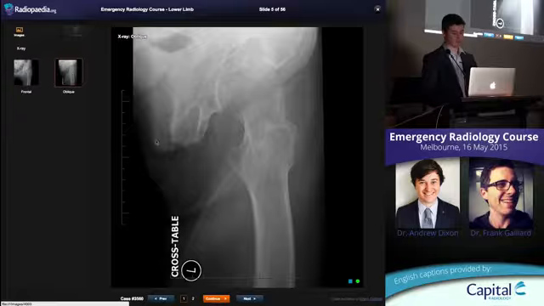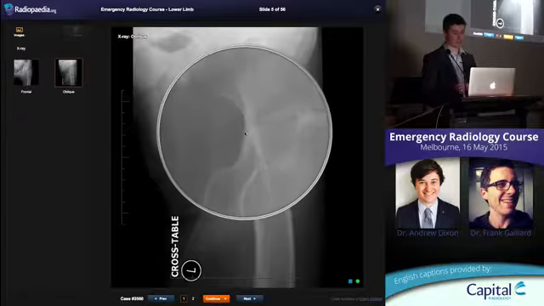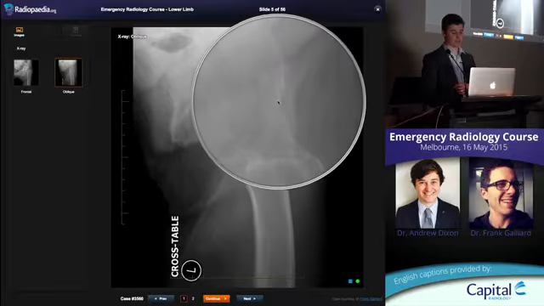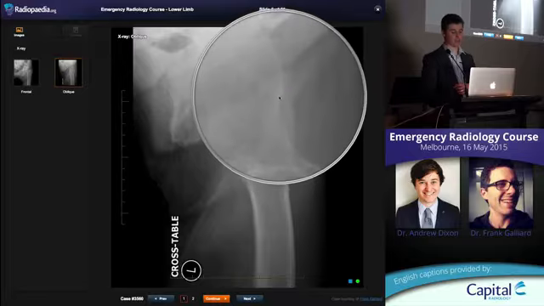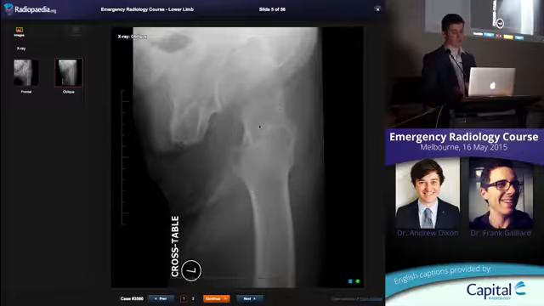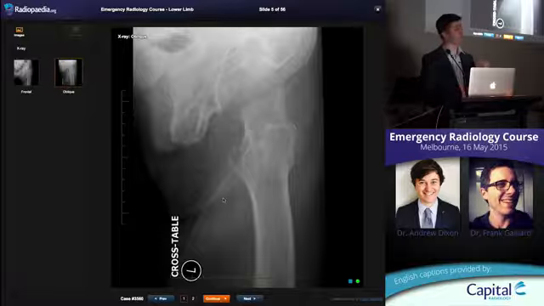On the lateral projection, again, you're seeing that subtle lucent line. Again, this curve that should be a nice smooth curve is a little bit disrupted here, okay, at the posterior aspect of the neck. So that's a basicervical fracture through the femoral neck. This is probably intracapsular, this one, okay, but it's minimally displaced or non-displaced, so they're going to treat it with